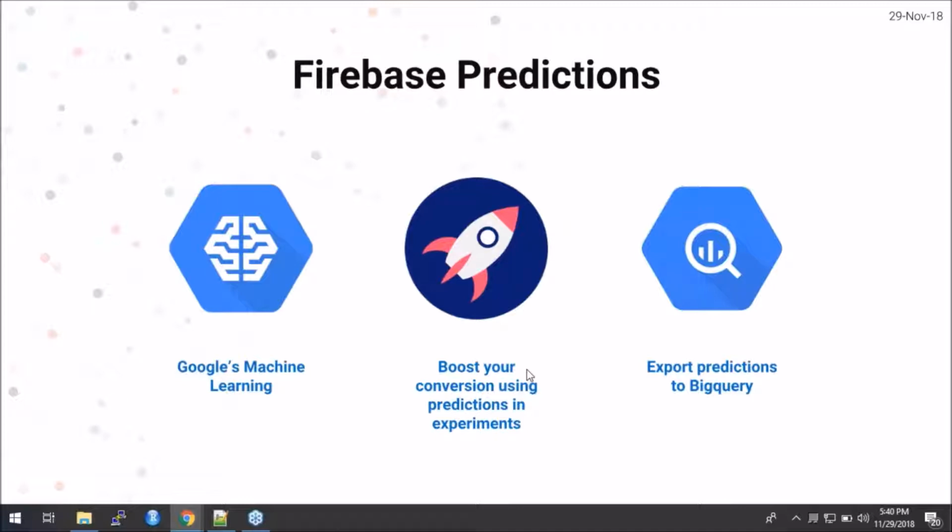The second part is that you can use those predictions. You can create custom segments from your audiences and analytics data, and you can use those custom segments in your experiments as well, whether they be UI experiments or messaging experiments. Also, if you dig further and need to apply your business algorithm to this prediction, you can export all this prediction data into BigQuery as well. All right, so let's